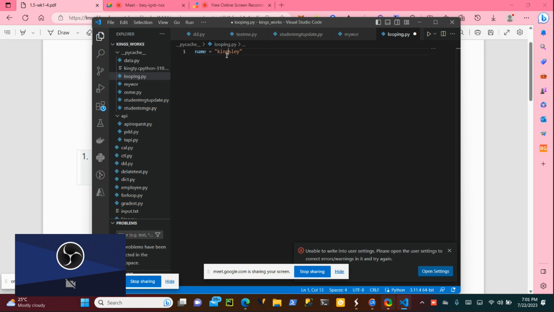But you are saying the for loop, so you can iterate over what? A string or a list. So if I'm going to iterate, it means that I'm going to go through Kingsley step by step. I'll start from here: K I N G S L E Y. That is iterating.